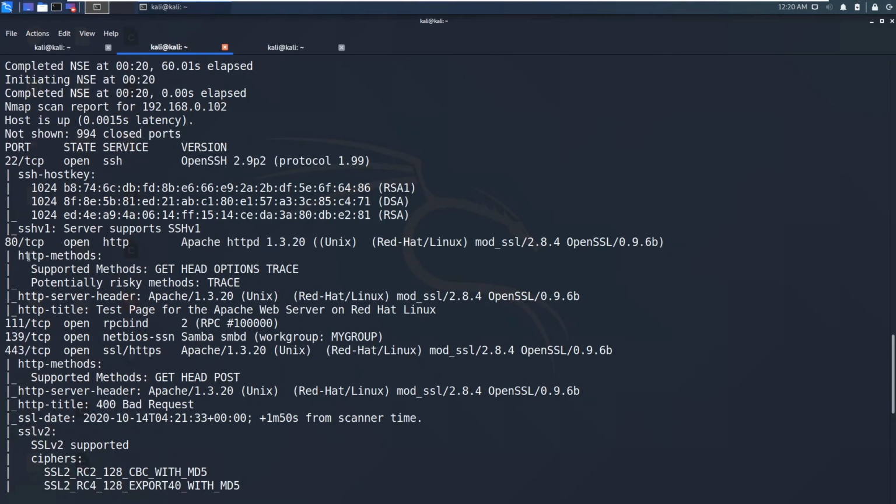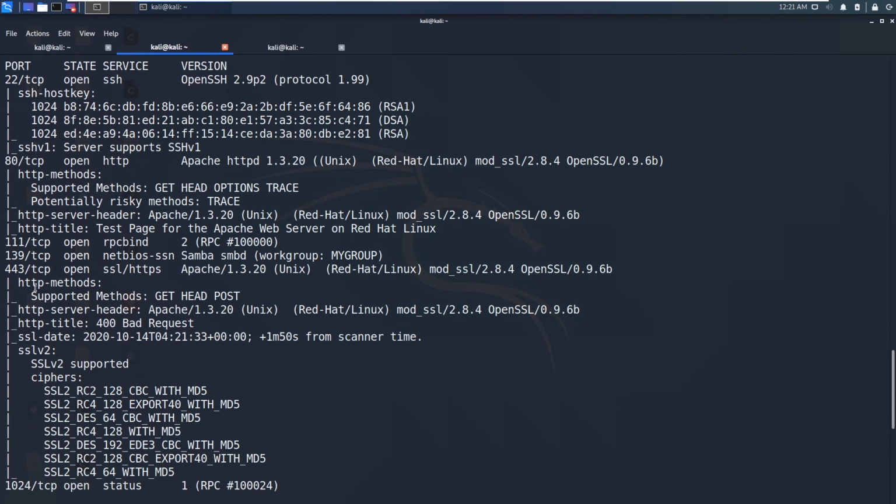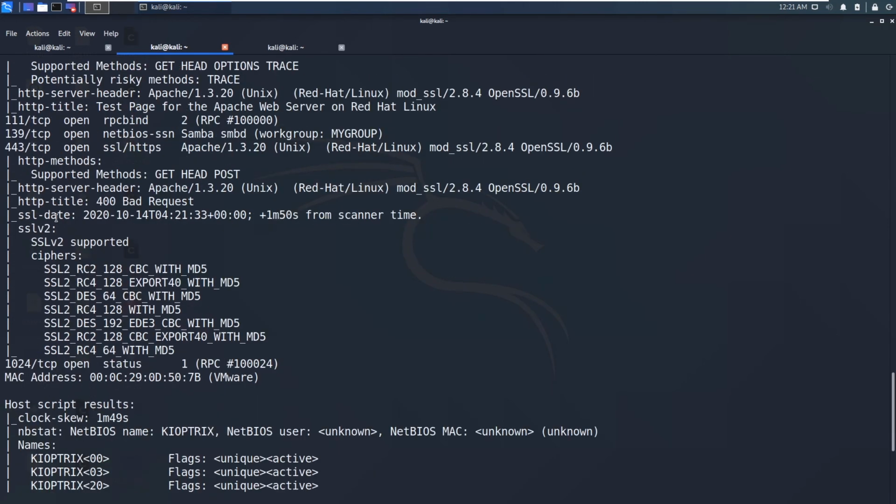and those scripts are telling us that on the HTTP server we can perform methods like GET, HEAD, OPTIONS, TRACE. Potentially risky methods include TRACE, and it's also showing the server header and the title, the test page for the Apache server. This is the default Apache manual page, and you can see there is port 443, and that is the secured web server.